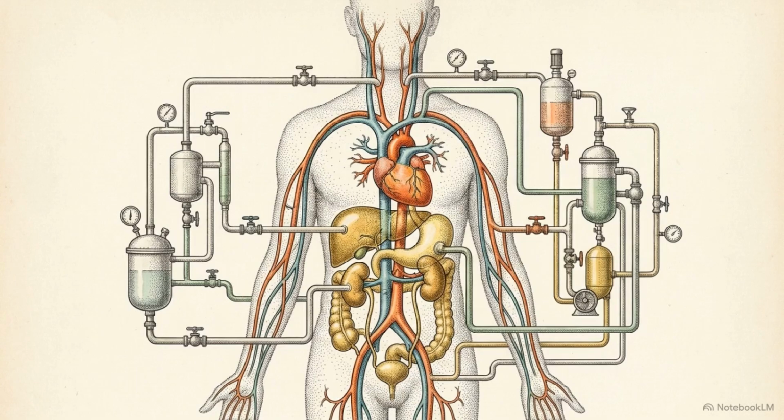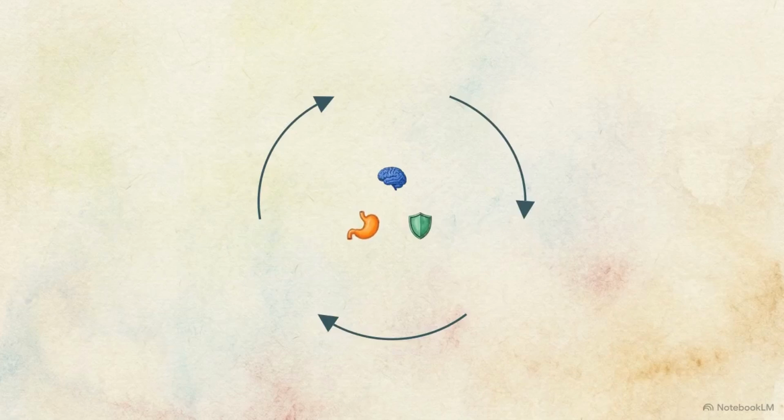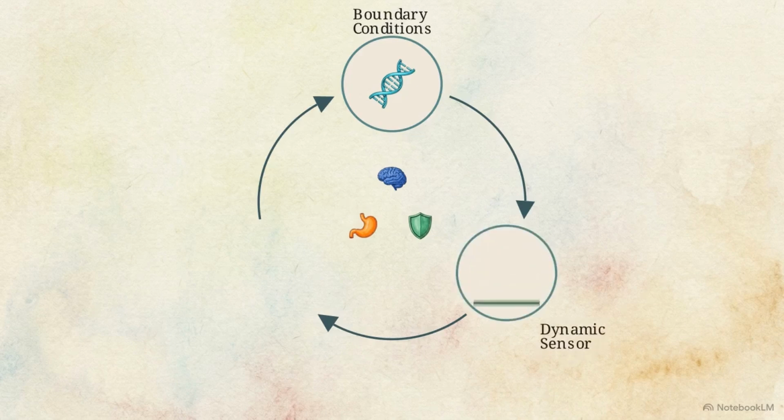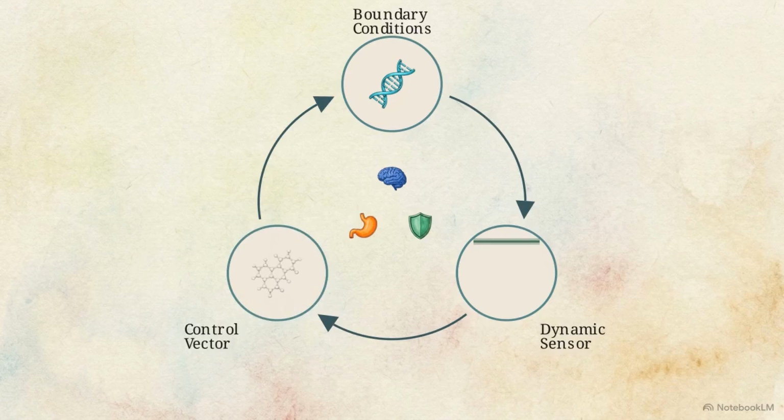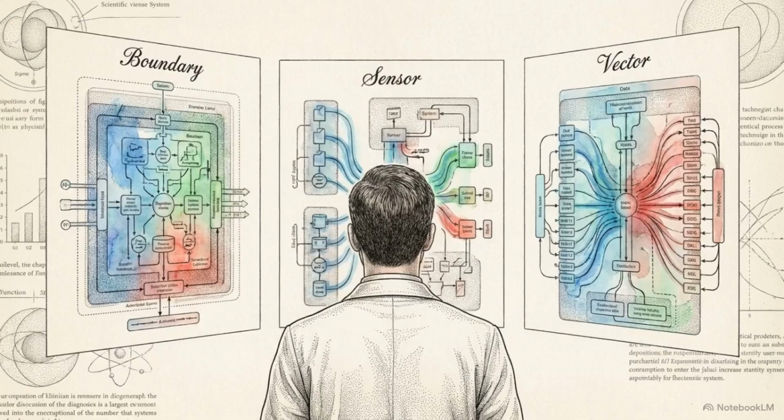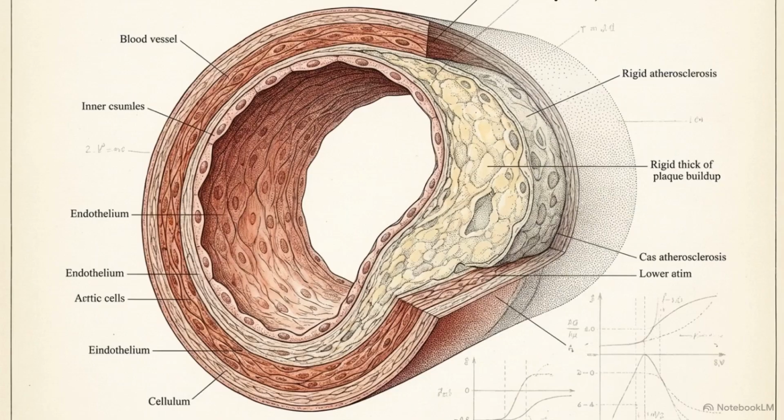We treat the human body as an advanced chemical plant. To survive, it requires a closed-loop architecture that synchronizes neural, immune, and metabolic activities. First, we define hardware limits by mapping the individual's genetic boundary conditions. Second, nonlinear sensors monitor the system's trajectory in real time. Third, targeted stoichiometric inputs act as a corrective actuator, steering back to stability. Clinical systems biology uses this architecture to predict and steer patients away from pathological bifurcations before the systemic damage becomes